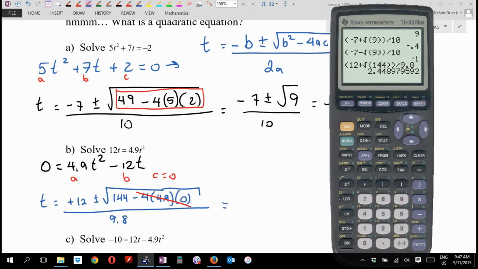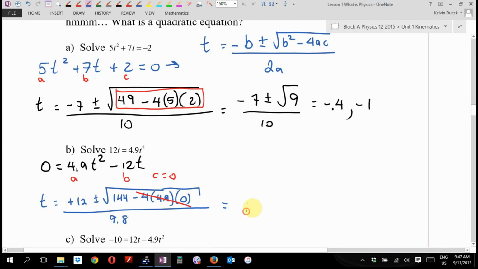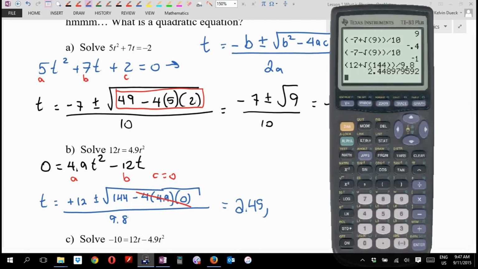What do I round to, Mr. Dueck? How many of you last year in Physics 11 loved sig figs, thought sig figs were just the best thing? Okay, I hate them. This year, I'm going to be very pragmatic. Give me all your answers to 2 or 3 sig figs. I'm fine. Don't give me 9. Don't give me 1. 2 or 3. So I'm going to go 2.45. Then, Rob, I'm going to backspace, change that to a minus,